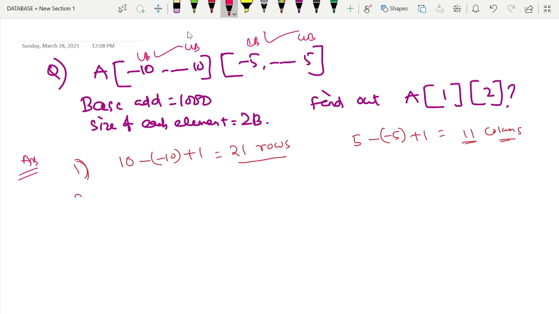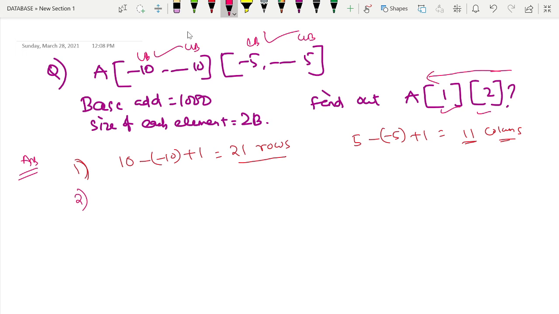Second thing, what we need to do: A12 is asking, right? If it is in column-wise fashion, then from the previous question you can observe that we are coming from here to here.